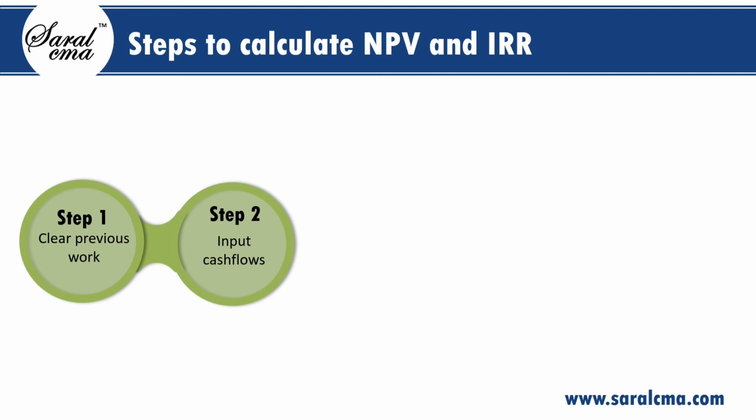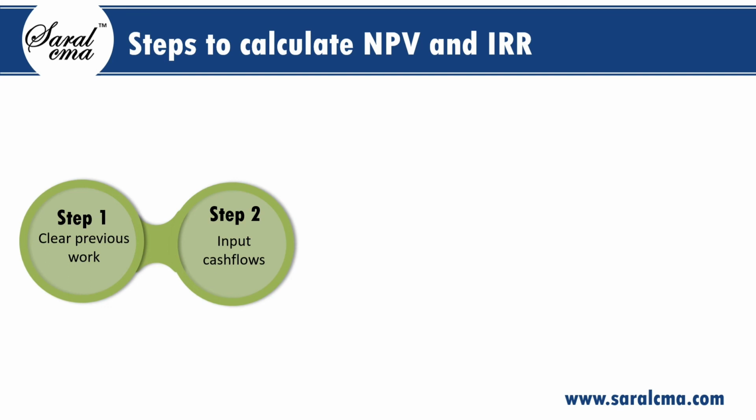One can insert a maximum of 24 cash flow groups besides the initial cash investment. A cash flow group consists of cash flow amount and its continuous frequency of occurrence. The just mentioned step 1 and step 2 remain the same for calculating NPV and IRR. As long as keyed in cash flows are not cleared or modified, both NPV and IRR can be calculated using the same cash flows.